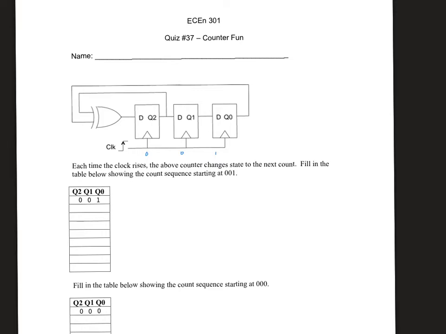And the next state, what's going to happen is 0 gets shifted into, or Q2 gets shifted into Q1. Q1 gets shifted into Q0, and then Q2 will be the XOR of these two signals. So we basically shift